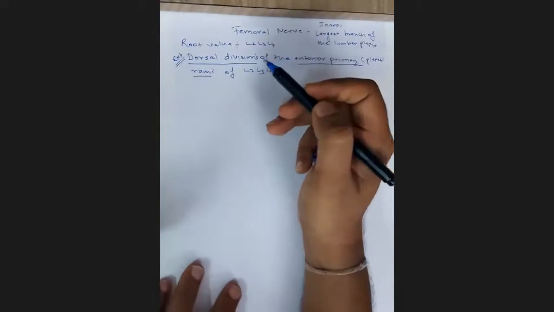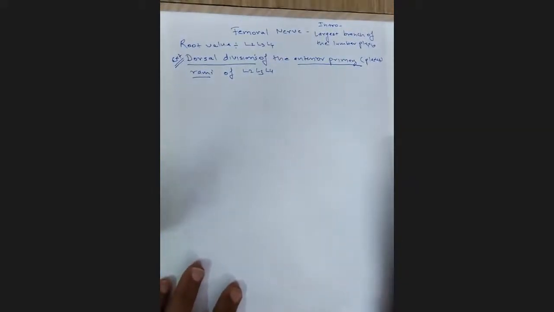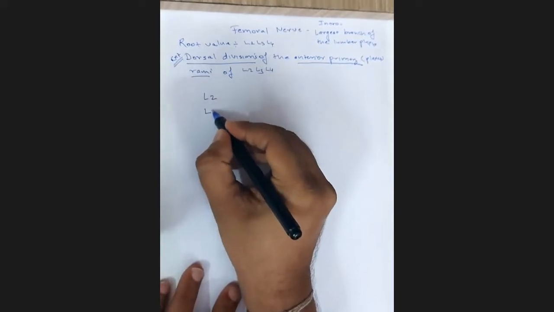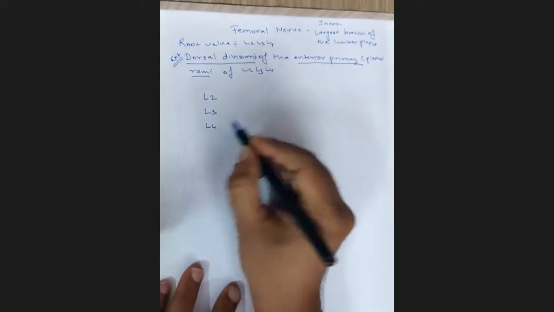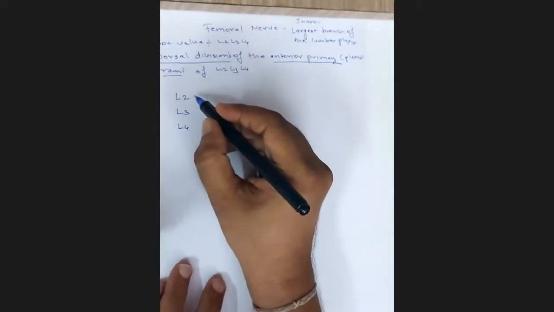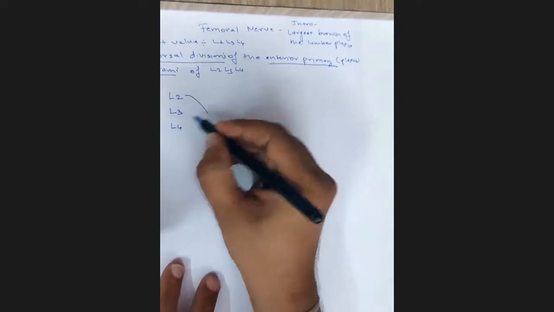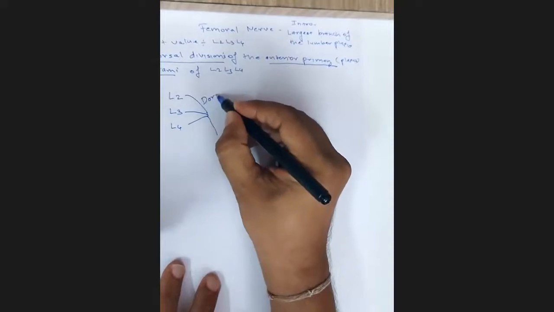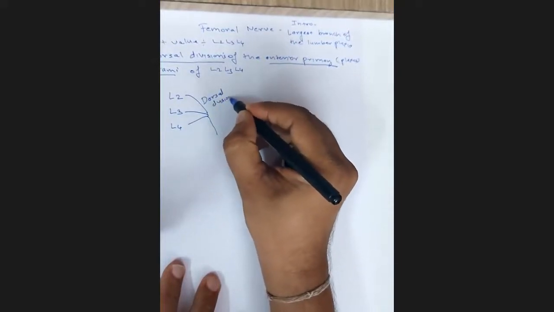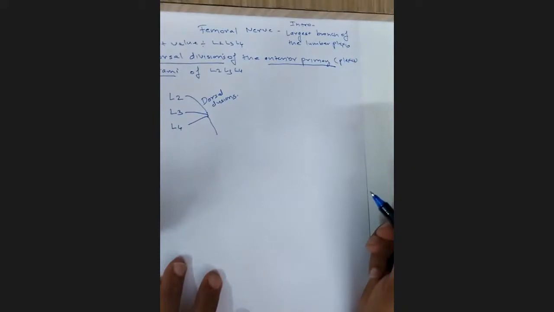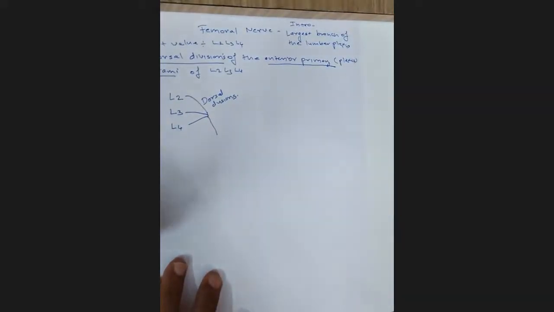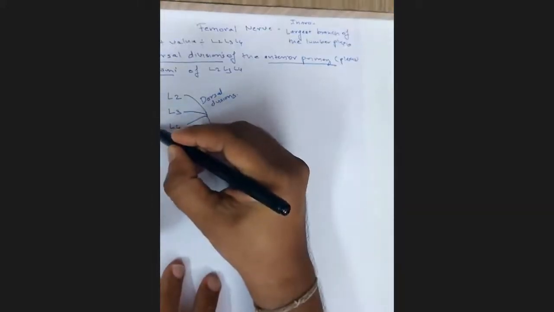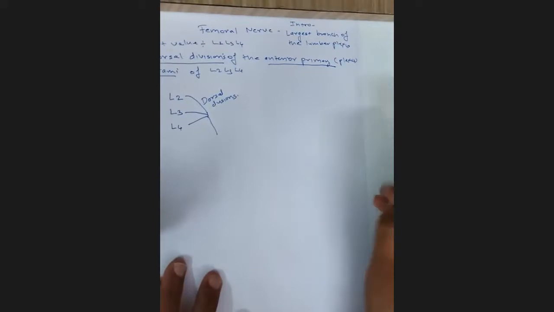Now let us track the femoral nerve from its origin from the lumbar plexus. So this is L2, L3 and L4. From the L2, L3 and L4, the dorsal divisions are uniting. And what I'm showing you is of the right side.